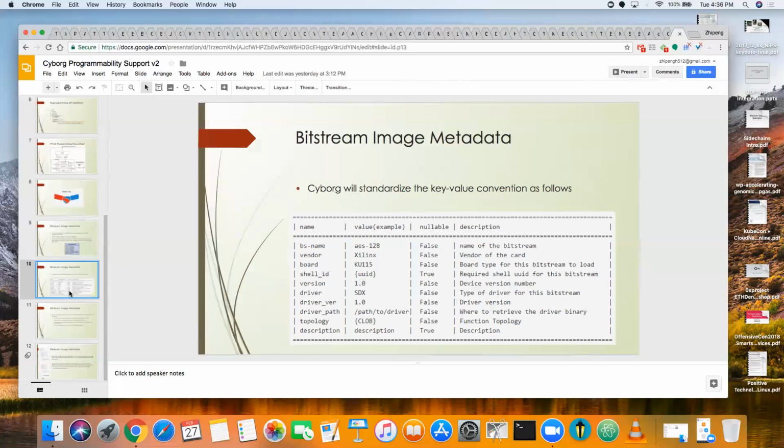Like if you have 1,000, for instance, an extreme case, you load the split stream and it gives you 1,000 VFs, right? And then you have to put 1,000 key value pairs, and you don't even know how they're structured relative to each other. How do they correlate? Maybe the first 500 belong to one PF, the rest of the 500 belong to another PF. Yeah, right? I see your point there.